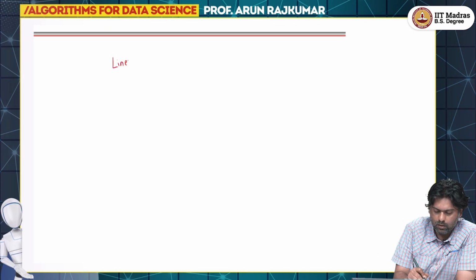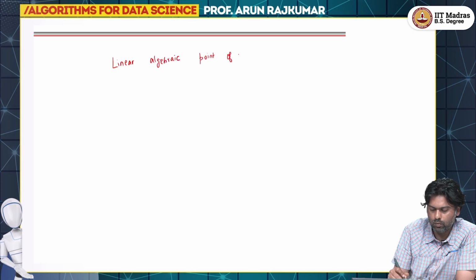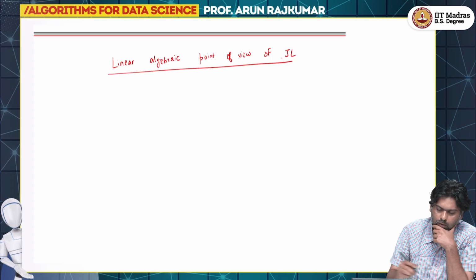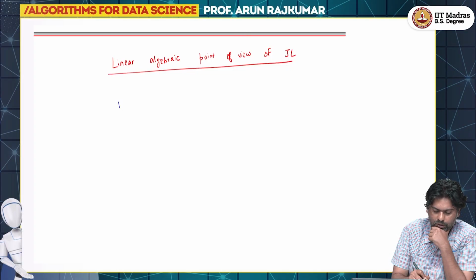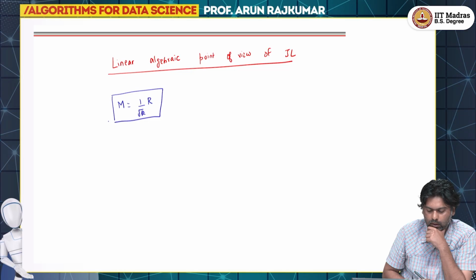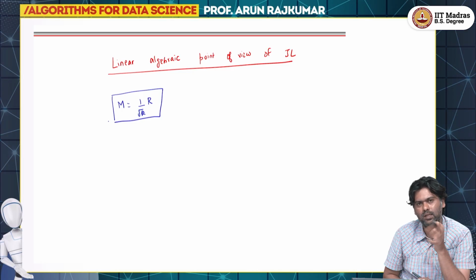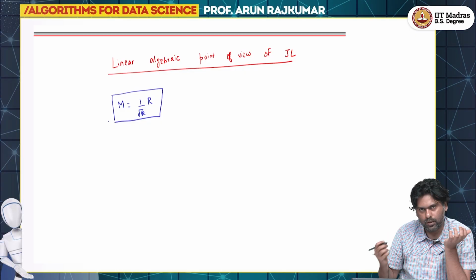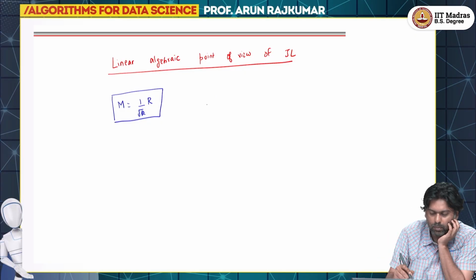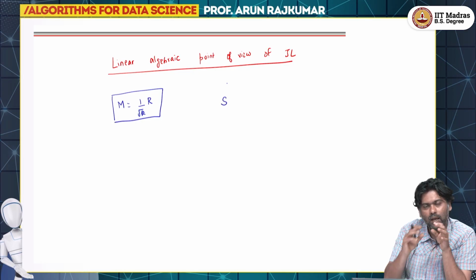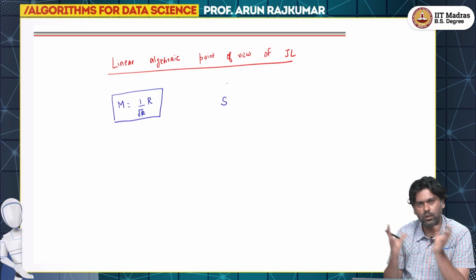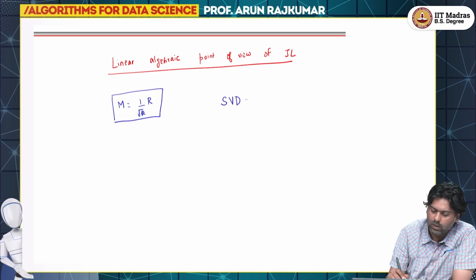So, the linear algebraic point of view of JL. Let's say I have this matrix M, which is 1 by square root k r. This is my matrix. Now the linear algebraic view is to understand this matrix as an operator. The fundamental idea in linear algebra is to understand any matrix as an operation, and then break it down into more fundamental operations using the singular value decomposition,